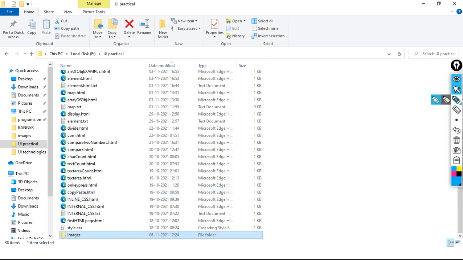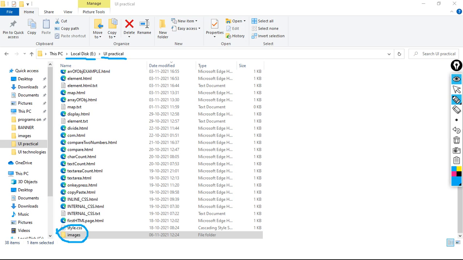This is E drive, this is the UI practical folder in E drive, and in the UI practical folder I have the images folder.